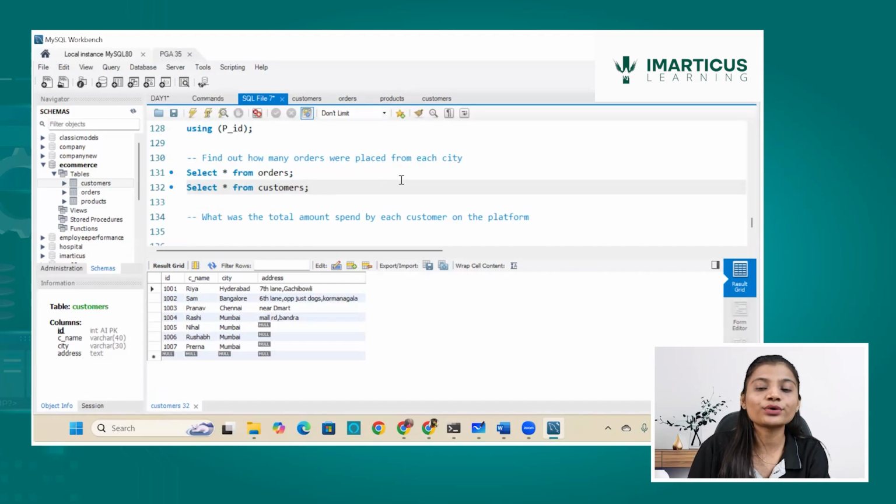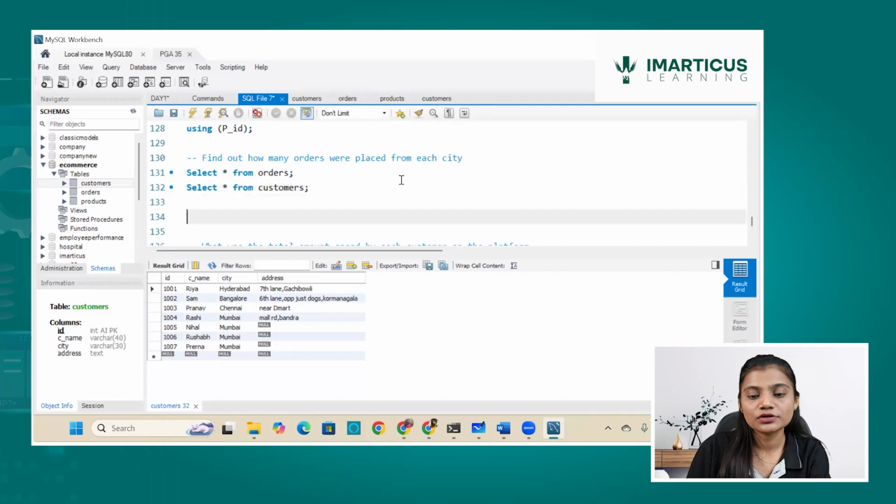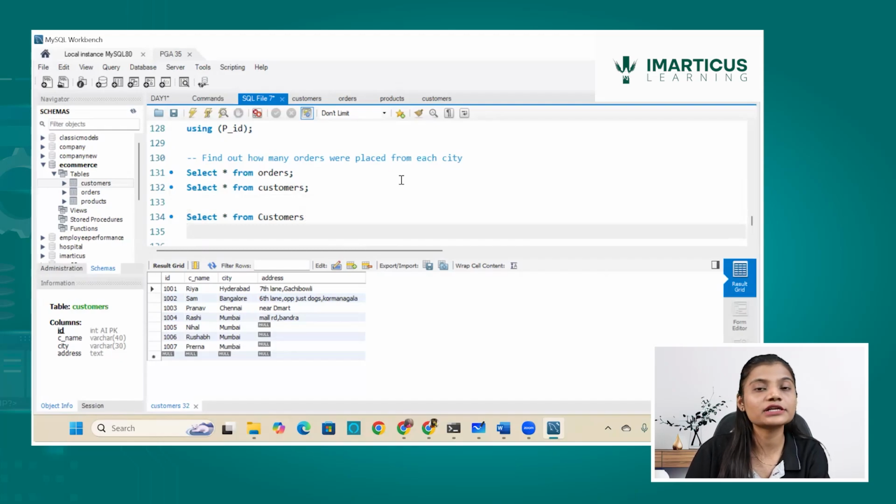So what I want over here is I want to count how many orders were placed from each city, which means first I need to combine both the data and make it as one table, and then need the count approach for that particular city. So for that, let me combine this data. As you all know, select star from customers, and I want all the details from the customer table because all the city related information is required for me. So I will use something called as left join.